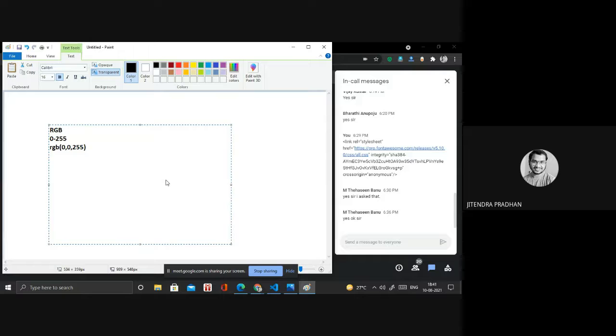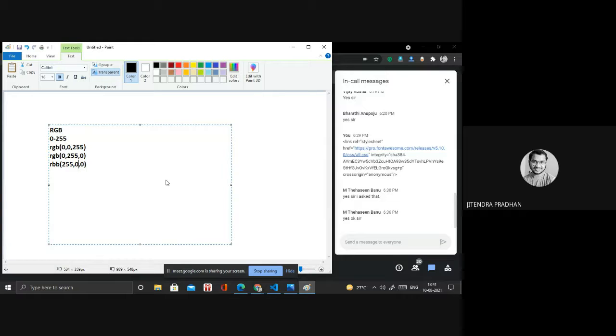If I need to write green, then you have to write RGB of 0, 255, 0. We have green. And if you require red color, then you have to give 255, 0, 0.